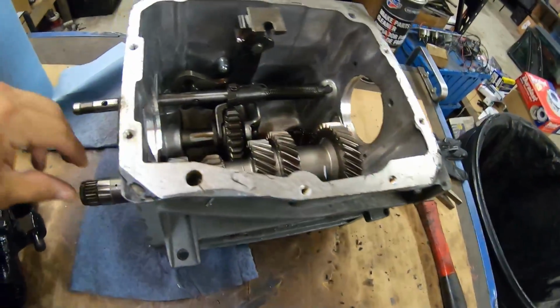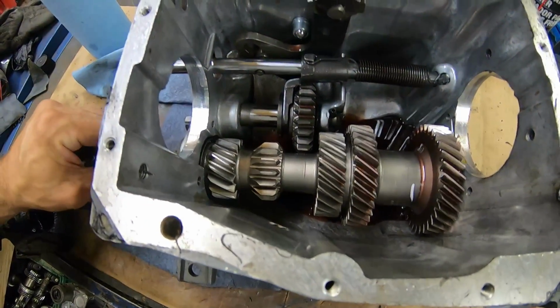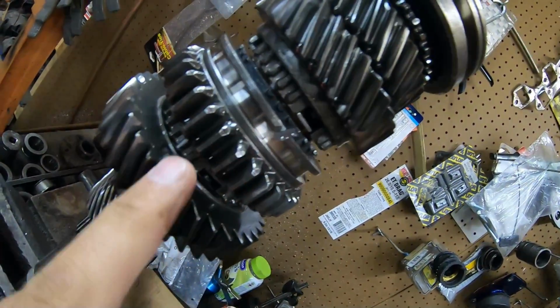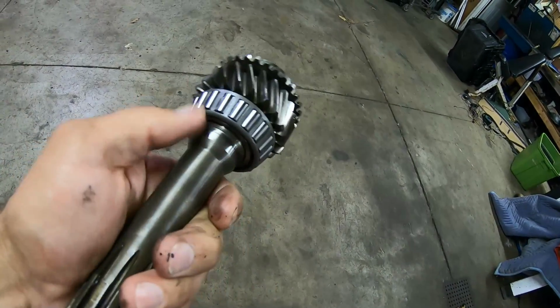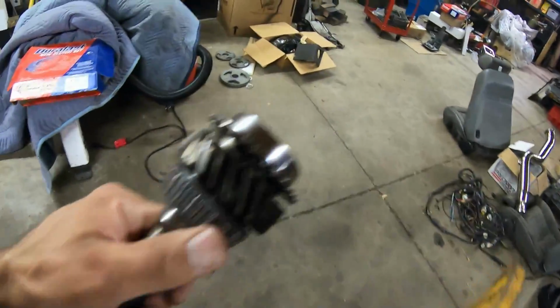So we got the transmission apart. The counter shaft looked pretty good, but you can hear there's quite a bit of play in it. Coming over to here, first, second, third all look pretty good, but the input definitely has seen better days. It had some chipping in it. I got a nice spare input shaft from another build that we'll put in here. I'm not really worried about the bearings. We'll tighten it all up and re-shim it. Speaking of shimming,